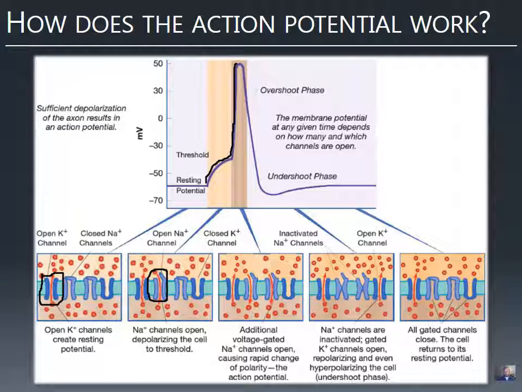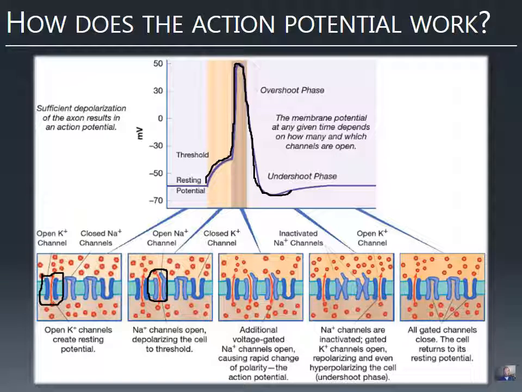So now these potassium channels start opening up, the sodium channels are closed, and so all this potassium starts rushing out of the neuron, which means now there's more positive charge outside than inside, which is how it was before. So potassium starts going out, sodium has at this point stopped flowing, so all this potassium goes out, brings that membrane potential back into negative territory, and then eventually the potassium channels shut down. So they close.